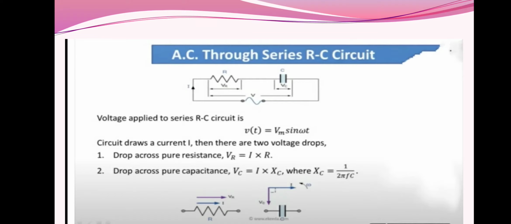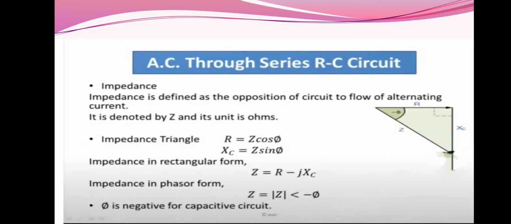For the pure resistor we have already seen the phasor diagram, both voltage and current are in phase. We have shown it here, on the upper side of the symbol resistor R, and for the capacitor we have shown above the capacitor that current leads the voltage by an angle of 90 degrees. So both will combine. Here, as current I is the same in a series circuit, we can take I as the reference.